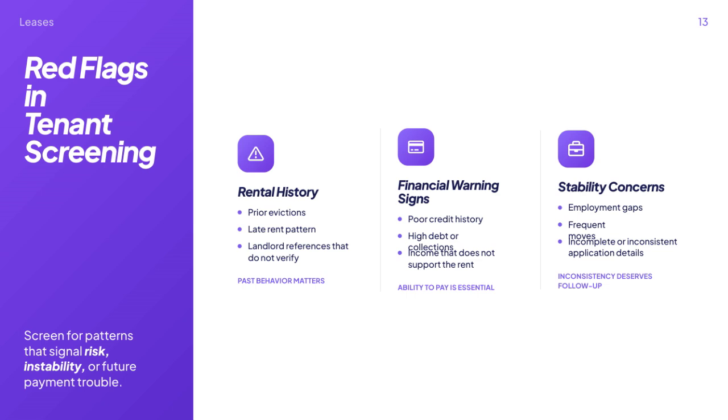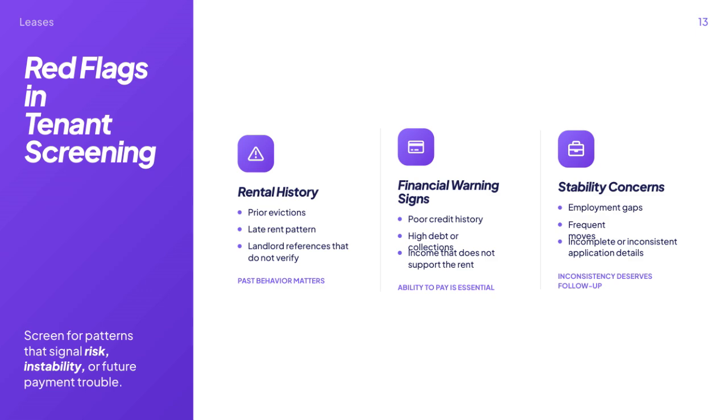Stability concerns go beyond finances. Employment gaps or a history of frequent moves could point to an inconsistent lifestyle, which might affect their reliability as a tenant. Lastly, always watch for incomplete or inconsistent information in applications, because these inconsistencies deserve a follow-up to clarify the situation before making any decisions. Keeping all these red flags in mind will help ensure you select tenants who are likely to be responsible and